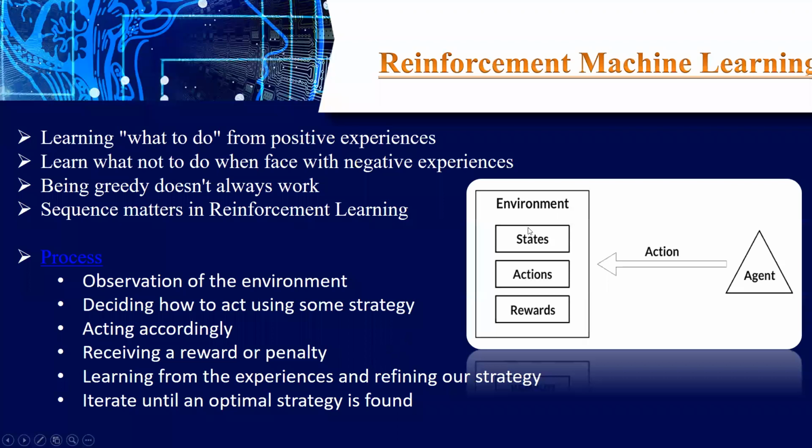Again, we have to repeat this process so many times, over many iterations, to optimize our agent. Any doubt here? The learning process is the same in all the methodologies. The only difference is that here we don't have data, so we have to go into the environment and take one action, and depending on the action we will get some reward. So here the action is the input to the model and the reward is the output of the model.